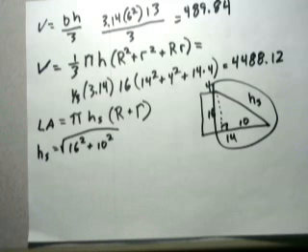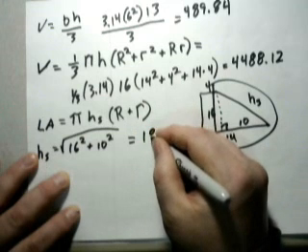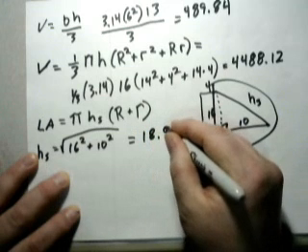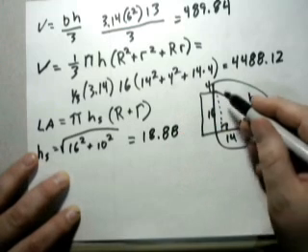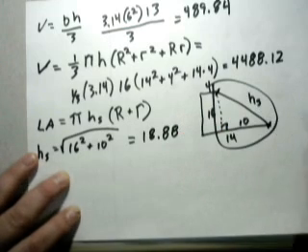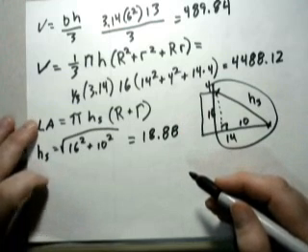So that is equal to 2 times the square root of 89, or 18.88. We'll call it 18.88. That is the height, the distance from here to there, slant height. So now we go back to here,